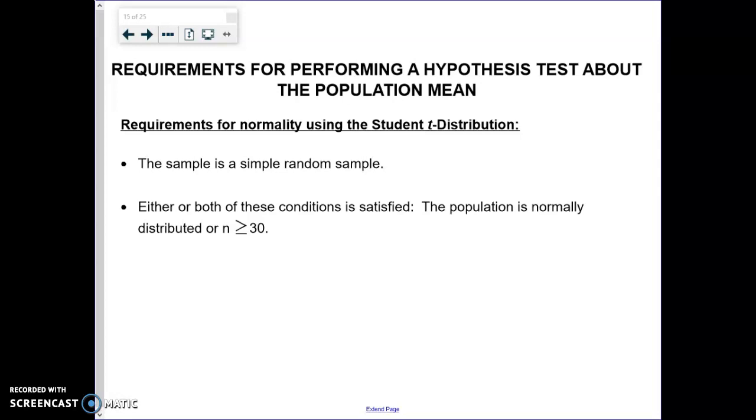If your sample size is smaller than 30, and this happens sometimes, especially on small samples, and you don't know what shape the population is, go ahead and graph your data, however many you have, and as long as there are no outliers and it looks fairly uniform or unimodal and bell-shaped, again, it doesn't have to be strictly bell-shaped, then we can go ahead and say that we believe the population at larger sample sizes would probably be normal, okay? And we'll look at that on one of our examples, all right? So,